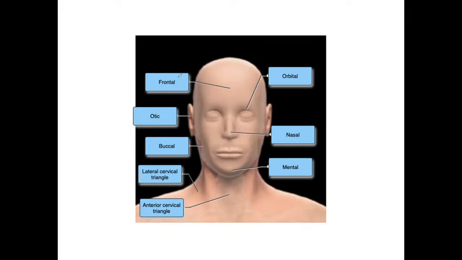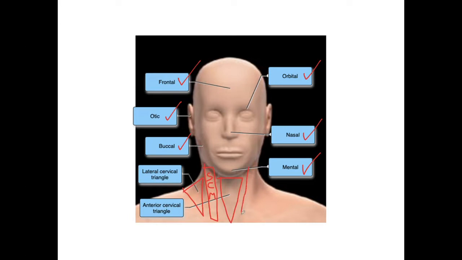So here, this is a drag and drop on one of the Connect quizzes. Pretty straightforward. So frontal bone, the eye we said was orbit, nose was nasal, chin was mental, ear is otic, the buccal is cheek, and now we're left with just these two, and we can figure it out by process of elimination. So right here, there's a little bit of a triangle, and then right here, there's a little bit of a triangle, and this muscle is called the SCM. The SCM stands for